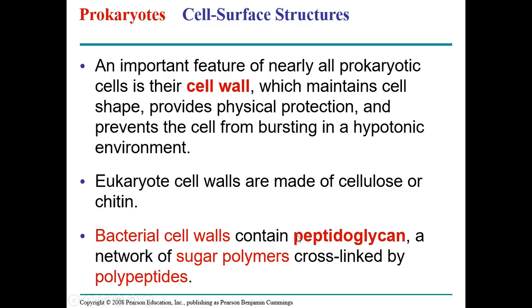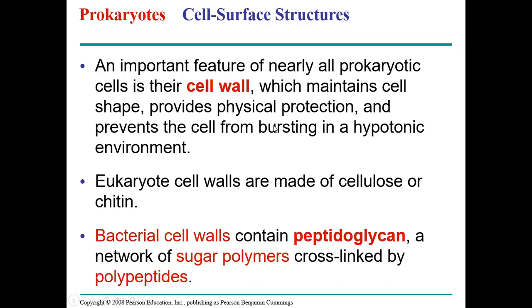For example, compare a human being's body and a bacterium's body. All the things that happen in a human body, such as reproduction and digestion, and the several chemical reactions occurring in our body, right? All those reactions have to be conducted by a single cell only. So in order to protect that single cell, what do they have? They have a cell wall, which maintains cell shape